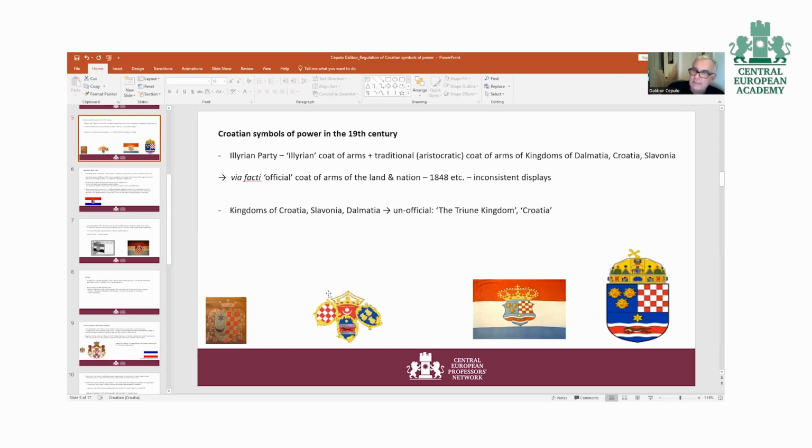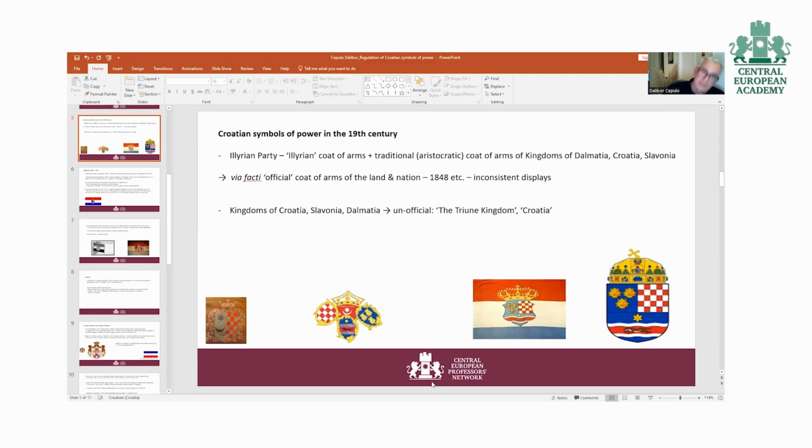This democratic symbol was first merged with these aristocratic symbols into a single unity, as can be seen in the installation flag and coat of arms of the Ban Jelačić,